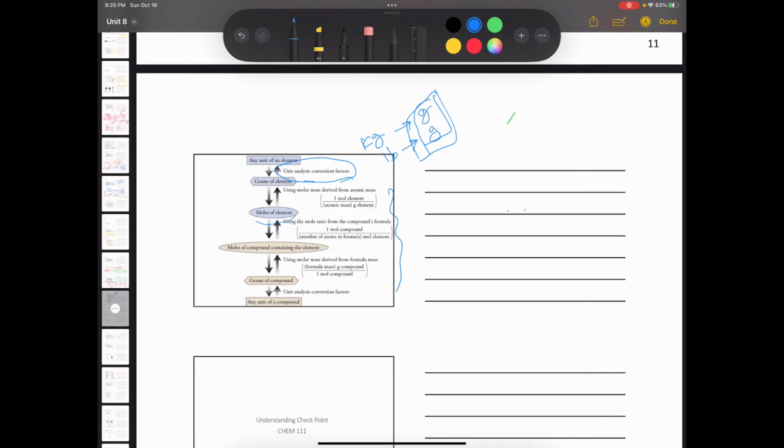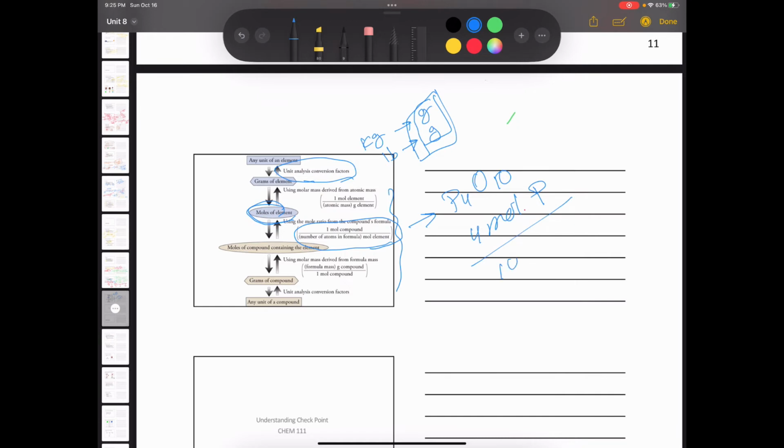Then you'll have to convert the grams into moles. This can happen by calculating the molar mass. The molar mass is obtained from adding up all the atomic masses of the elements within that chemical formula. Then once you calculate the number of moles, you're set to use the mole to mole conversion. So in this case, the P4O10, then you can use the 4